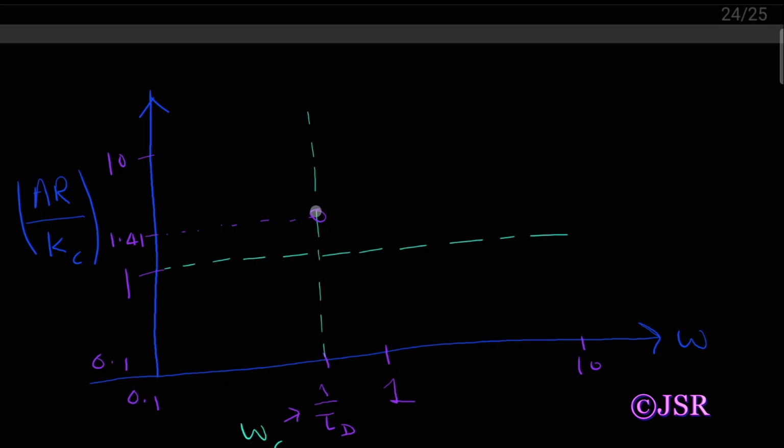So this is the gain at the corner frequency. So when omega tends to 0, AR by KC tends to 1,